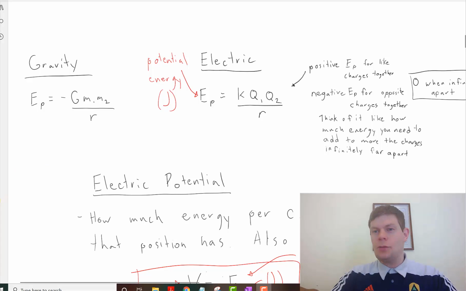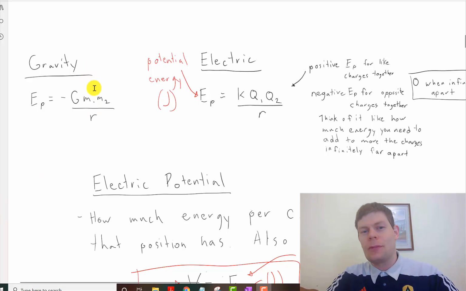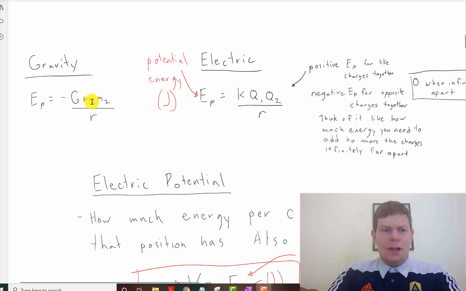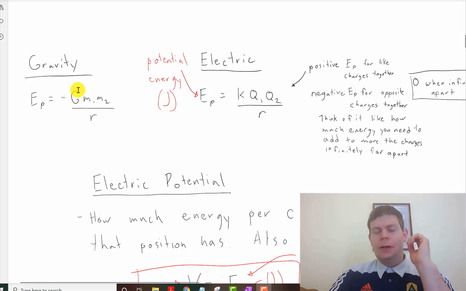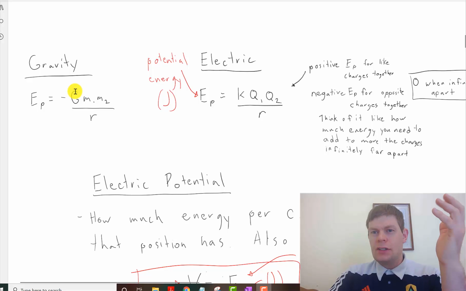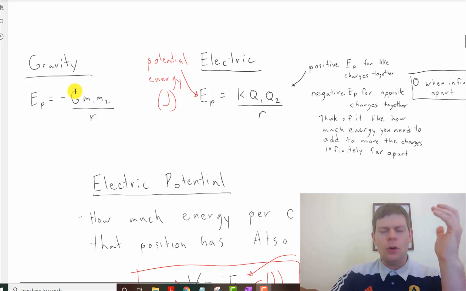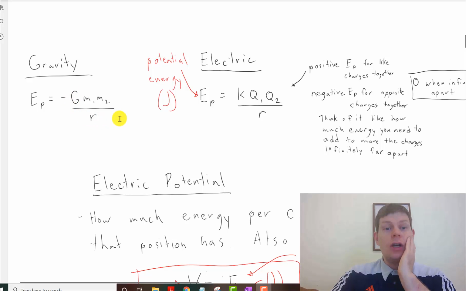Welcome. Today we're going to talk about electric potential energy and something called electric potential, which won't get confusing at all. If you've ever done gravitational potential energy, it might have been a year ago, but we did this recently. So, for gravitational potential energy,